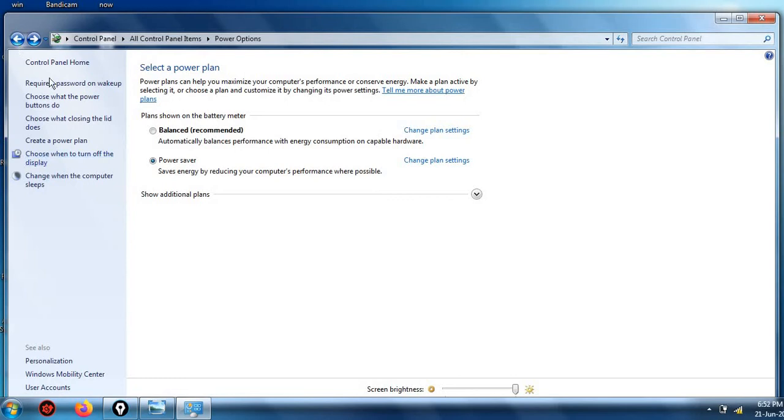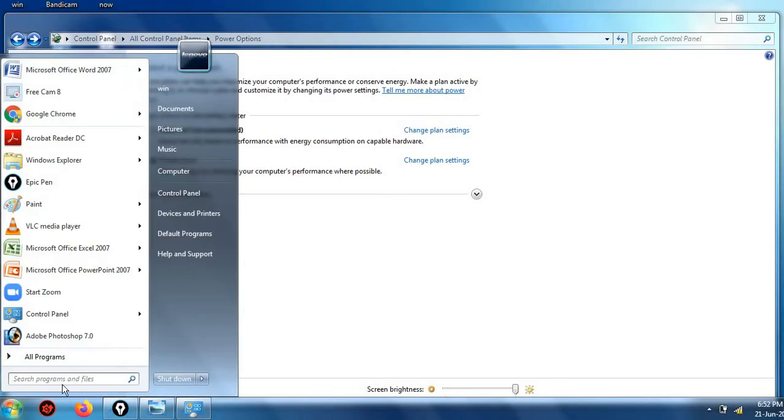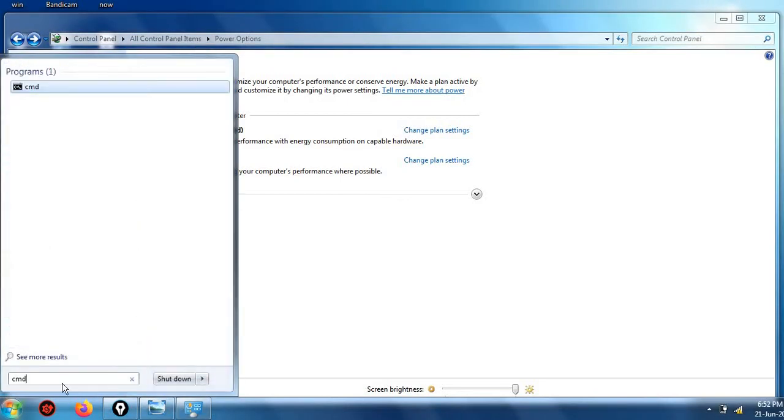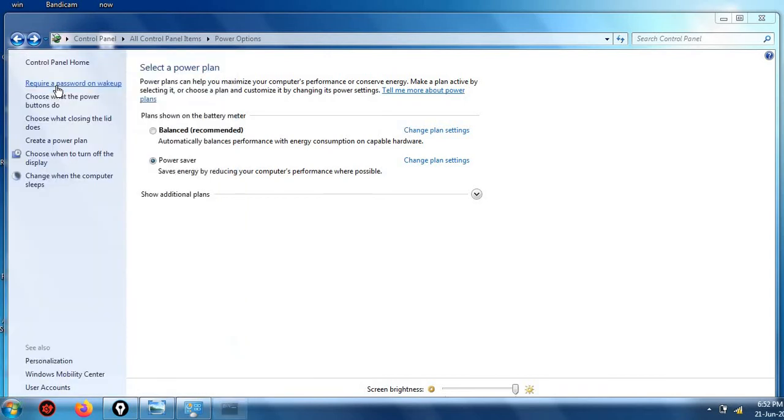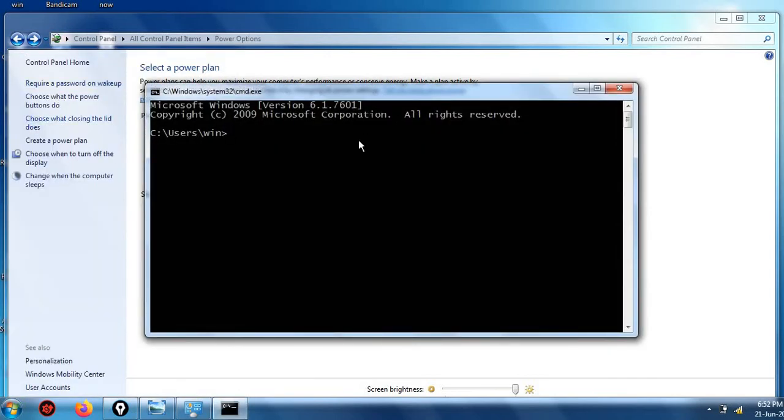To work on hibernate, first of all, if you want to start hibernate, just click on the start button and type CMD, command prompt. To go to the command prompt or DOS mode, click CMD. See, here it is CMD, right? Open it, and here write powercfg hibernate on.